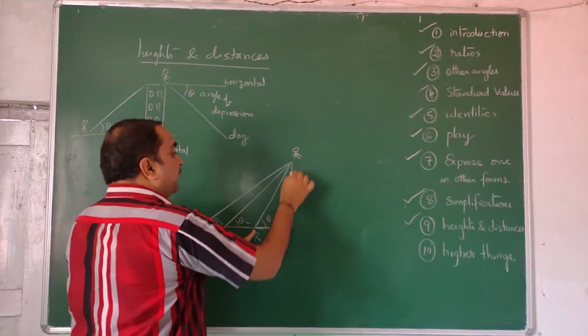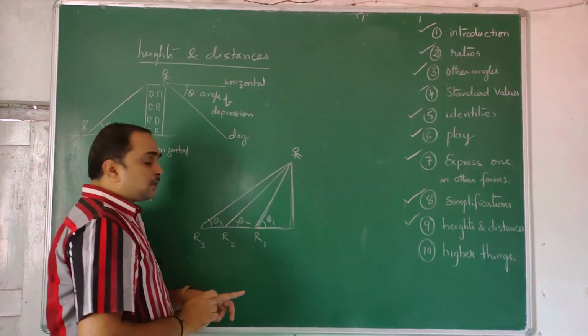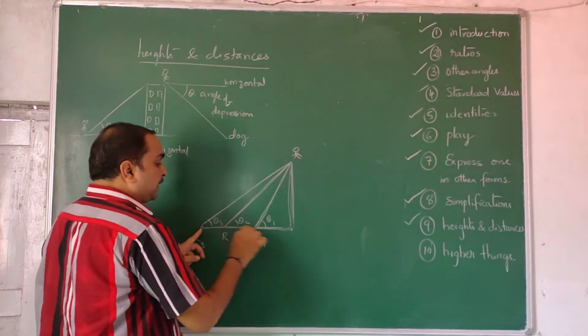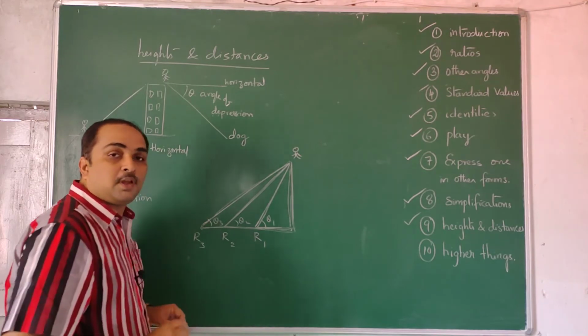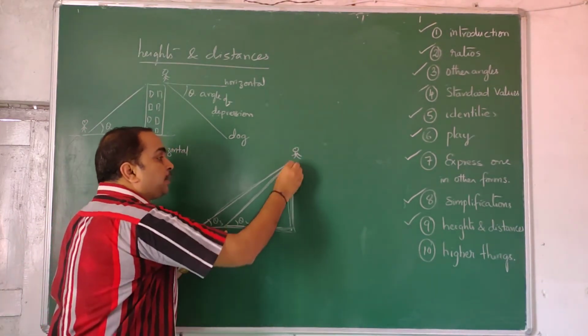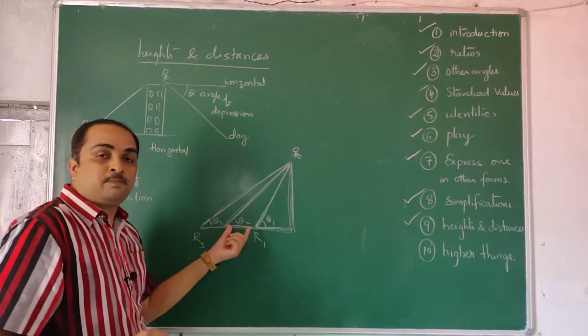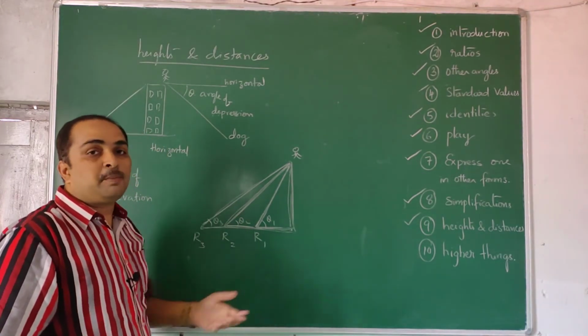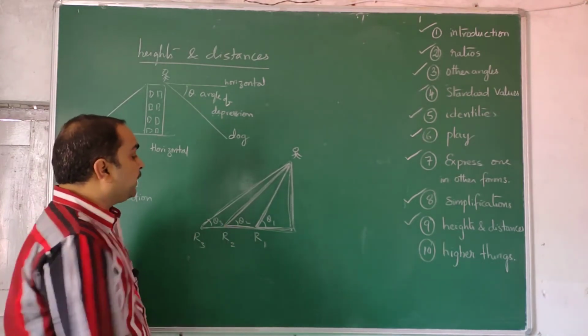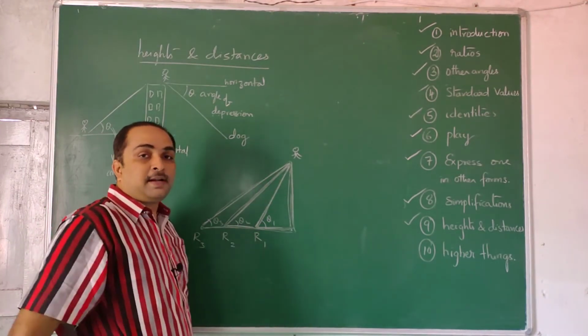This is one right angle triangle for which you can apply trigonometric sine, cos, tan, cot. This is another right angle triangle for which you can apply trigonometric ratio. For this triangle you can apply trigonometric ratio. But not for this triangle. Please see, this triangle you cannot apply trigonometry now at this level. In future you may apply sine rule, cosine rule, Napier analogy like that, but presently you cannot apply. So concentrate on right angle triangles.